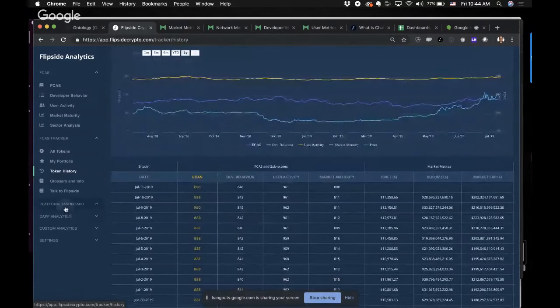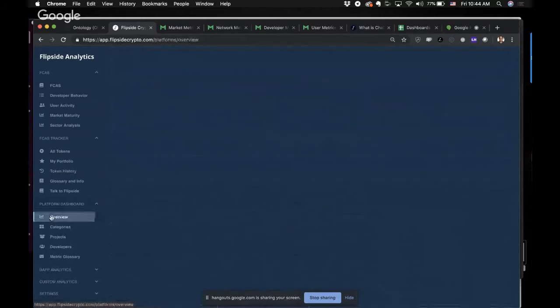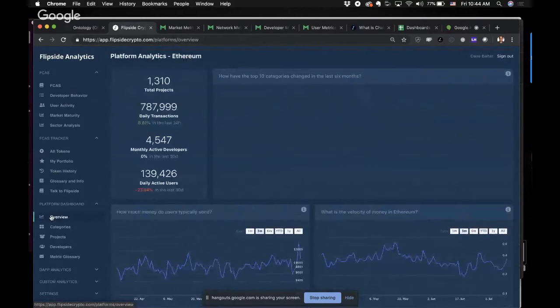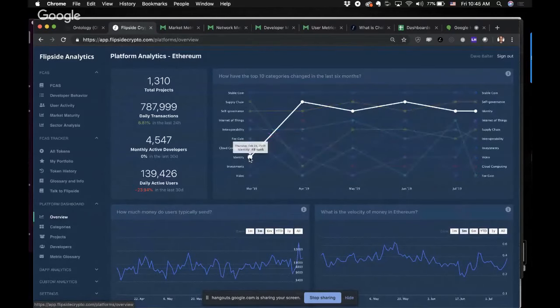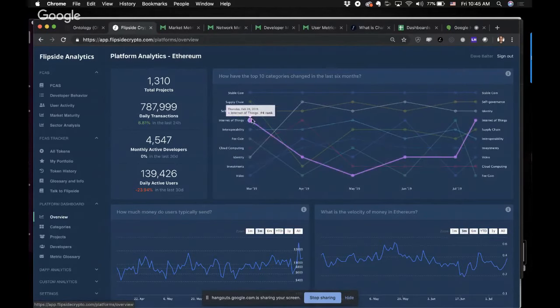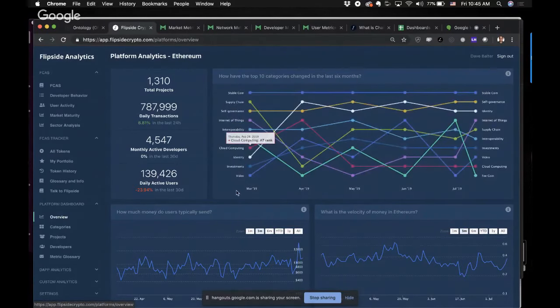Two last things I'll show you. One is if you're a platform, we will do analysis of cross-platform behavior. So this is Ethereum. You can see, for example, we look at categories of dApps. Here's identity, which has been growing as of late over the last few months. So that's a good thing if you want to know which categories are moving up or down.